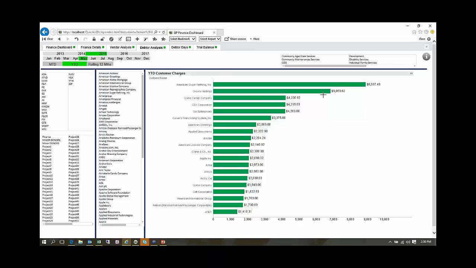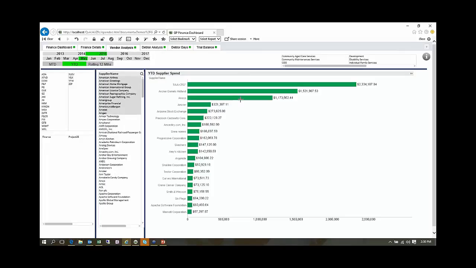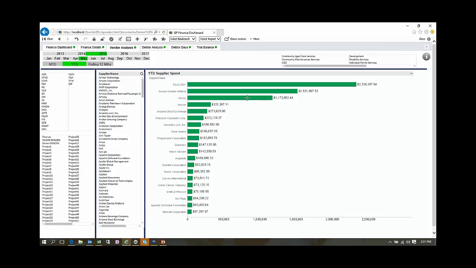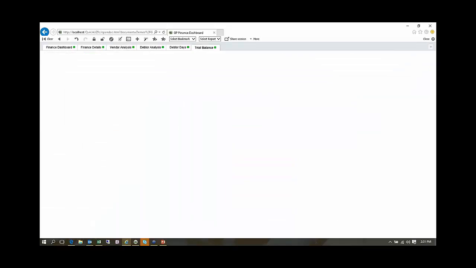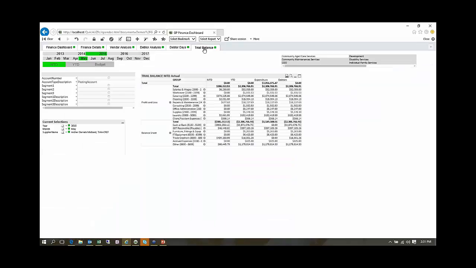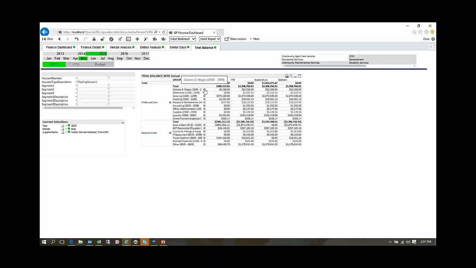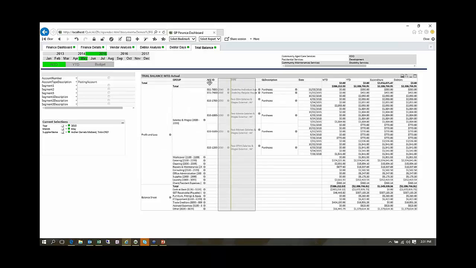As I said, if I was going to select the information, say, on the vendors analysis, so I am starting to now jump around a bit faster, which is what you do in ClickView. So if I look at those two top suppliers here, and I go back to my trial balance, I can see my trial balance and see a pivot table of areas, pull that across, pivot that information around,